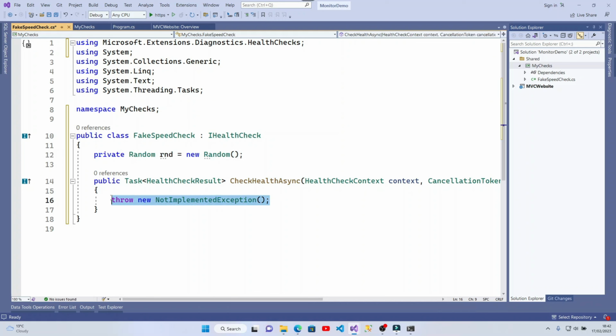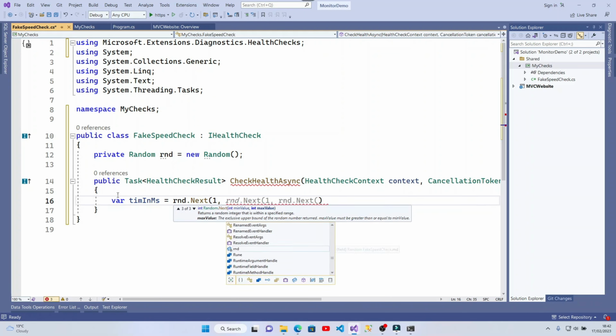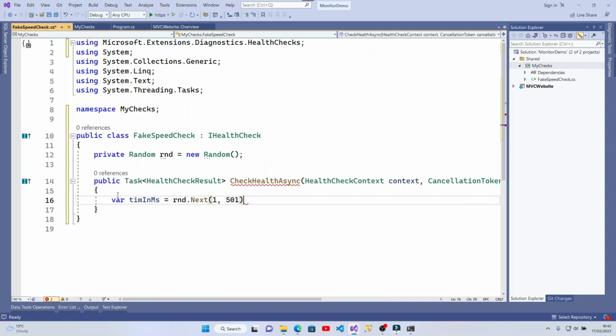So if we go down into the actual method and start implementing, let's say var timeInMilliseconds equals